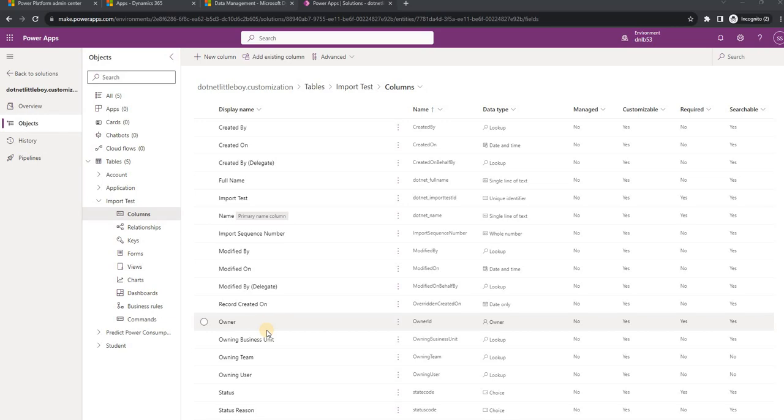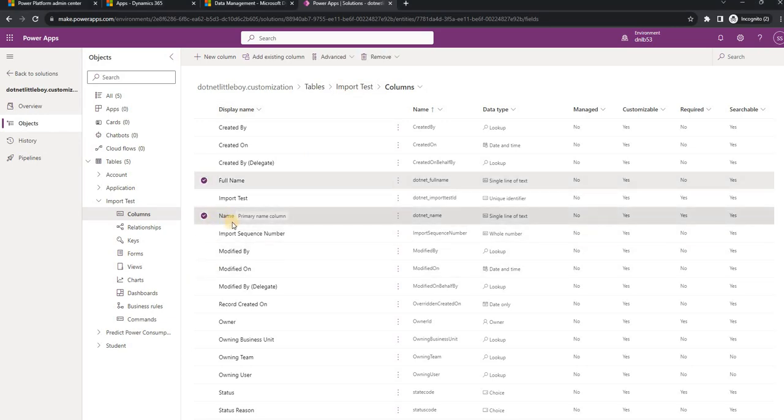To import those records, I'm going to use one of my entities. I have named this the import test. Inside this entity, there are two columns which I'm going to map the data to. One is the name field, another is the full name field. The logical name of the name field is .NET underscore name, and for the full name it is .NET underscore full name. So I will be mapping those 20,000 records from the Excel file into this import test table